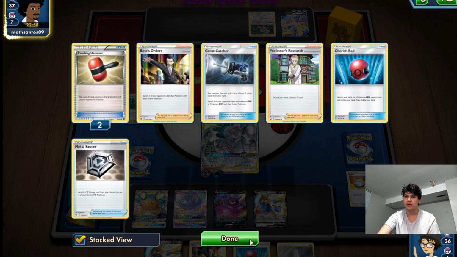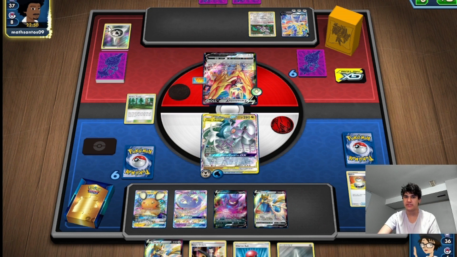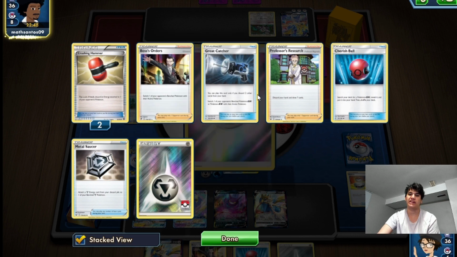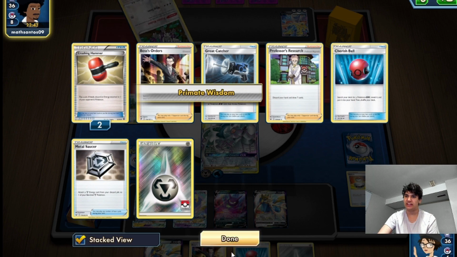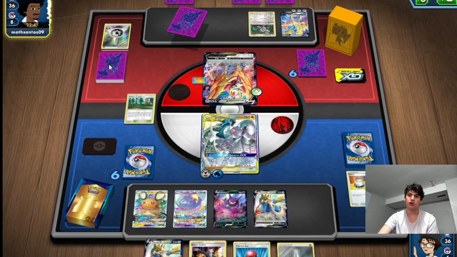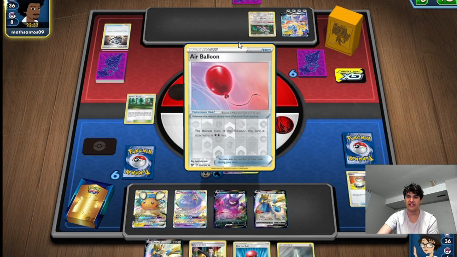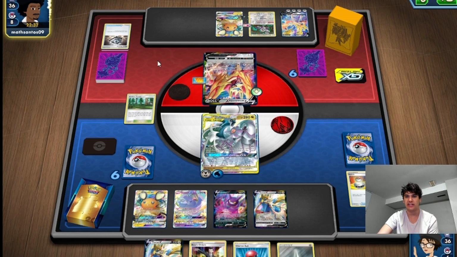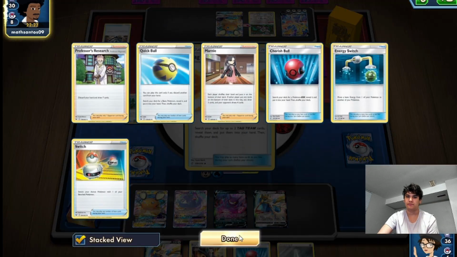A Crushing Hammer I wouldn't be surprised to see in ADP Zacian at all, but Zamazenta and Crushing Hammers and a Great Catcher are all cards that you definitely see in the Lucario Metal. Crushing Hammer, Great Catcher, Big Charm, and Zamazenta are all cards that you only maybe see in ADP Zacian sometimes. So we'll see. I mean, who knows? Maybe I'm just talking out of my ass and it still is